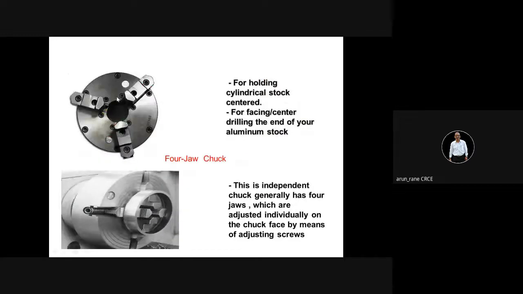This is your 3-jaw chuck in which the workpiece is held. This is 4-jaw chuck. You can hold it from external as well as from internal. Now, in this picture, the workpiece is clamped internally. Here again, if you are using this space, then